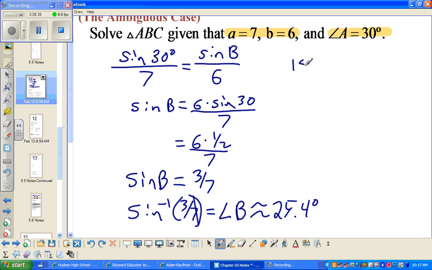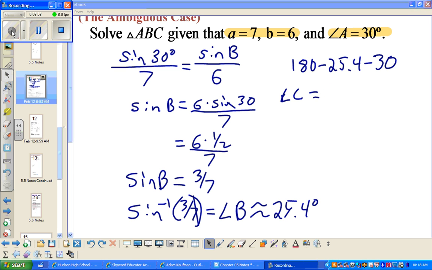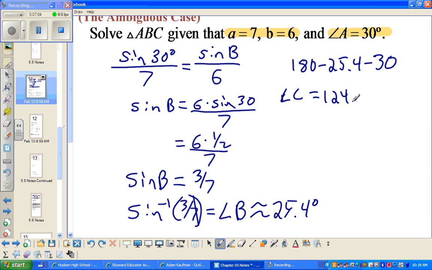So now I've got two of the angles. I can take 180 minus 25.4 minus 30 to get the missing angle, which would be angle C. And that would be, let's see, 150, 124, oops, 124.6. And finally, I'm just missing one more side length, so I can take